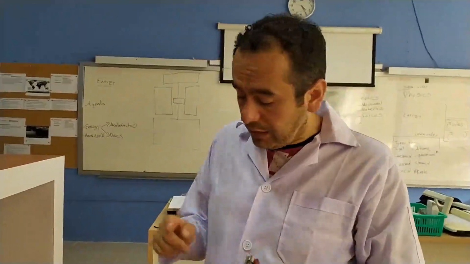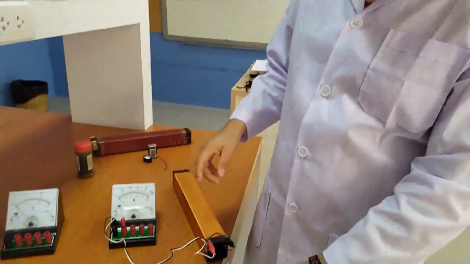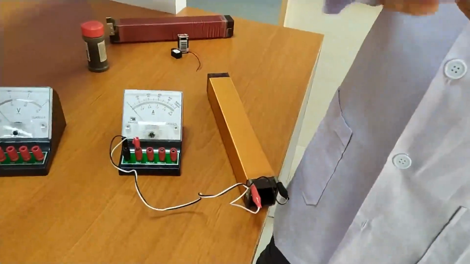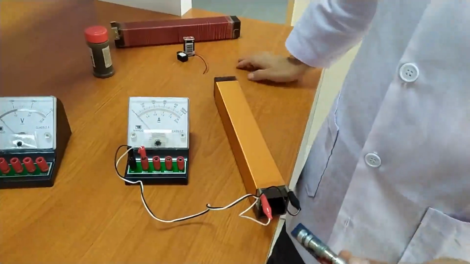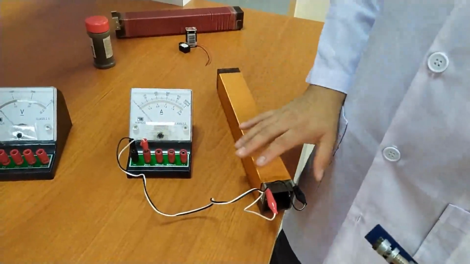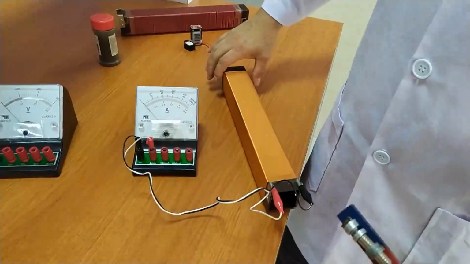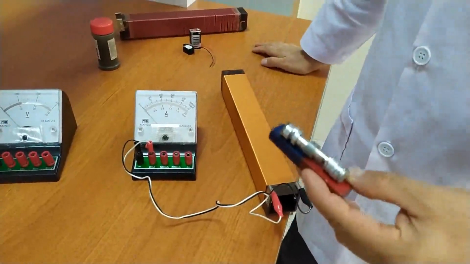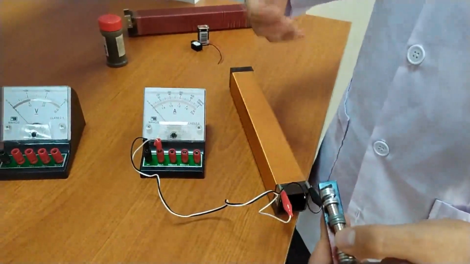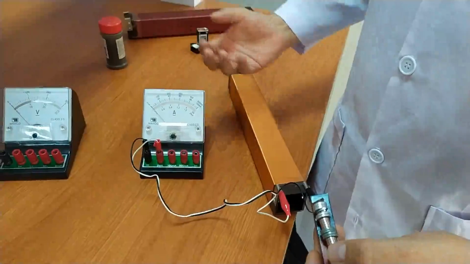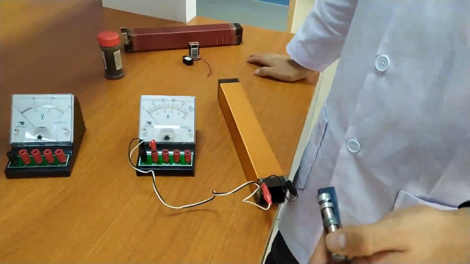Because we don't have a pretty powerful magnet, and because I cannot make this move pretty fast inside. But what I want you to understand is that basically when we have a conductor and we got a magnetic field through that conductor, that magnetic field can take those electrons away from the conductor and start moving